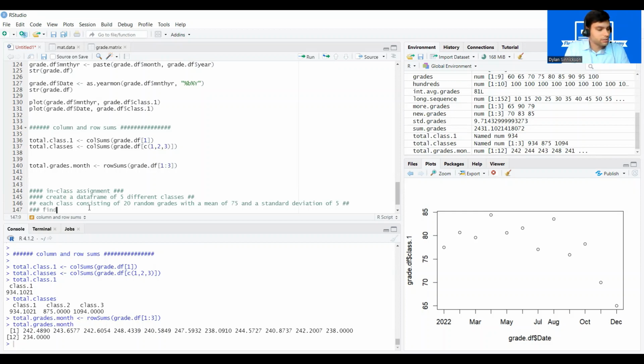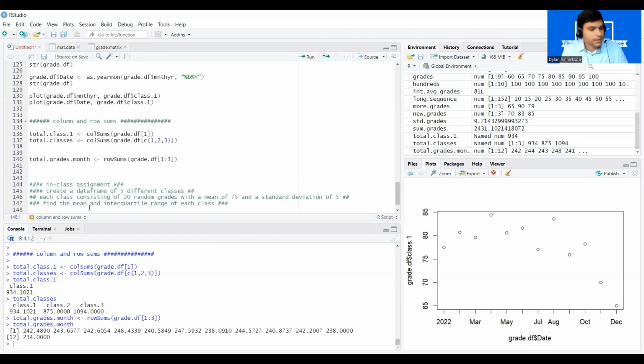I also want you to find the mean and interquartile range of each class. And lastly, I would like you to add a new class to the data frame consisting of grades from 60 to 78 at intervals